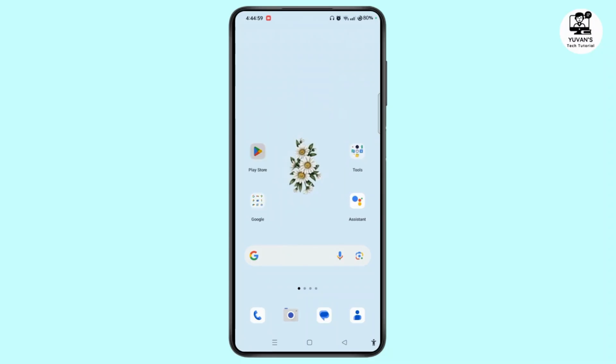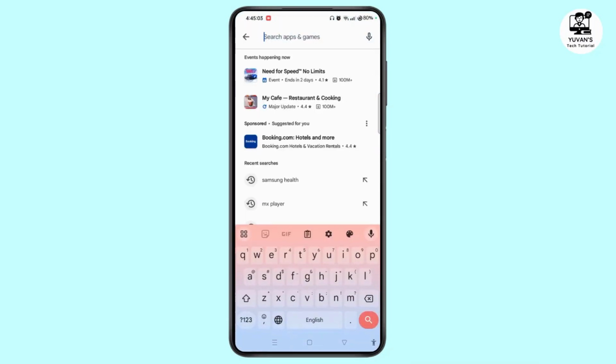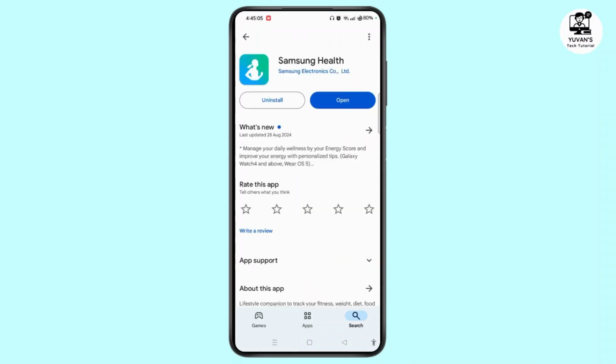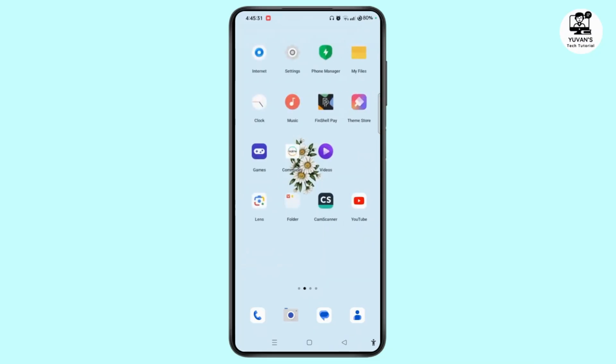First of all, open Play Store or App Store. Check for the updates of Samsung Health application. If you find any, tap Update button to update app to the latest version. Updating the app to the latest version helps us get rid of different kinds of bugs and glitches on the application. Once done, try opening the app. If the app is still not working or opening, you need to head towards the settings